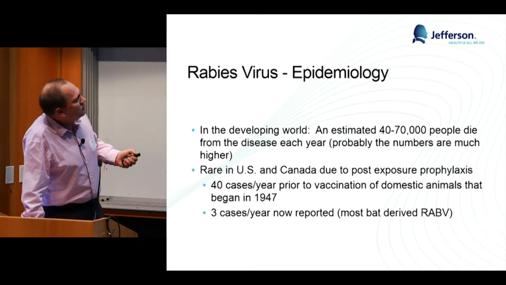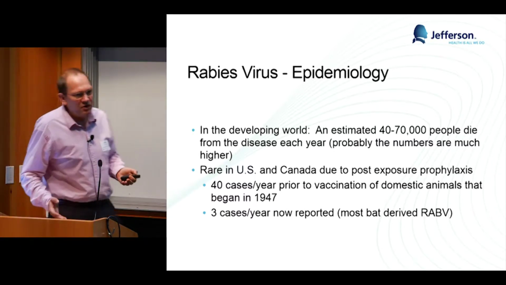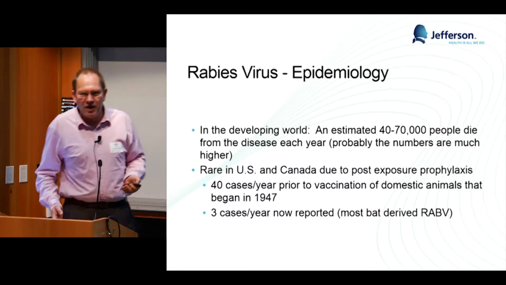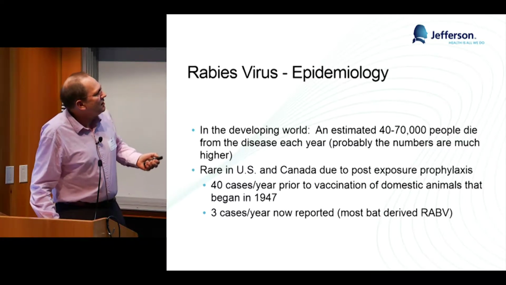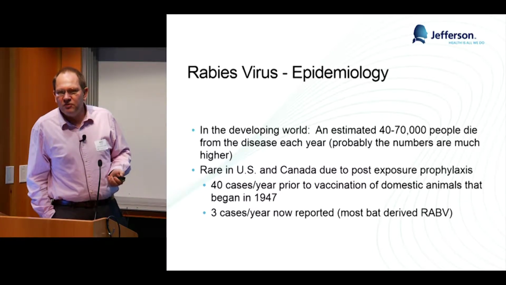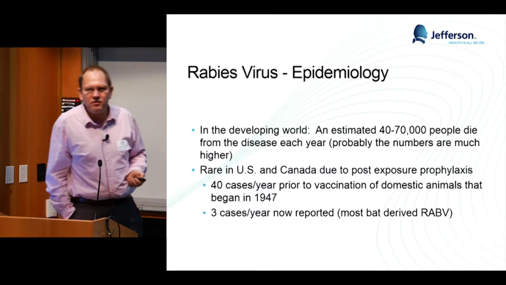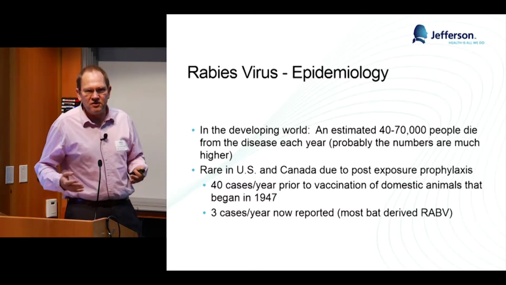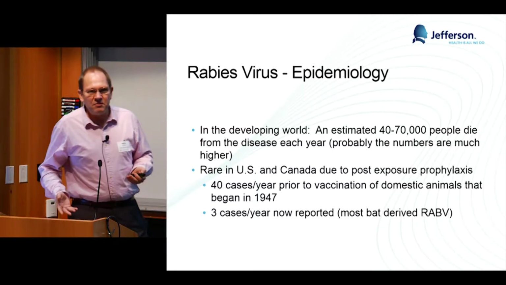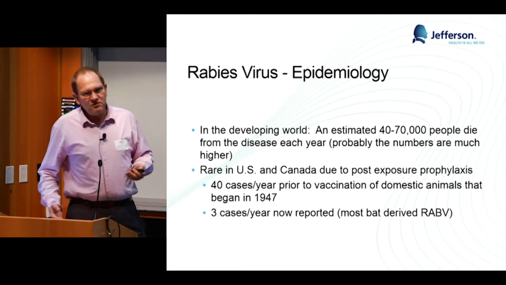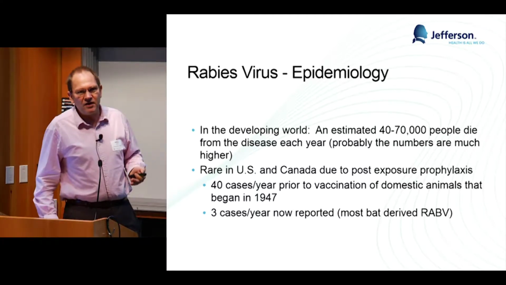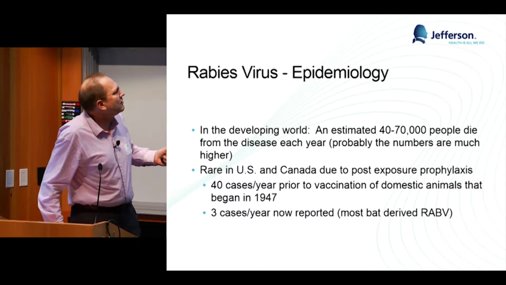It's rare in the US, with post-exposure prophylaxis. A good thing about rabies virus is that you normally know when you got exposed: you get bitten by an animal. The bad news is that with bat-derived rabies in the US, a lot of people do not realize when they get exposed. That's why they tell you, if you find a bat in your bedroom, catch it and have it analyzed, or get rabies vaccinated. The lucky part about the US is that all bat-derived rabies virus here is classical rabies virus, so the vaccine will protect you.